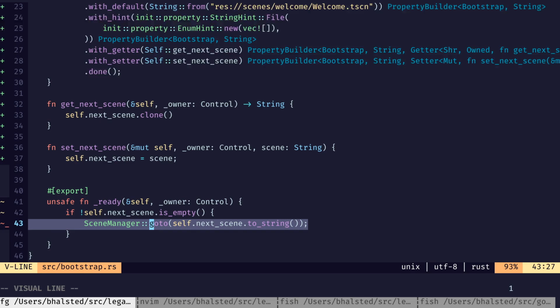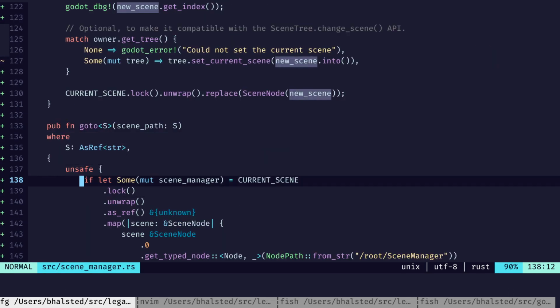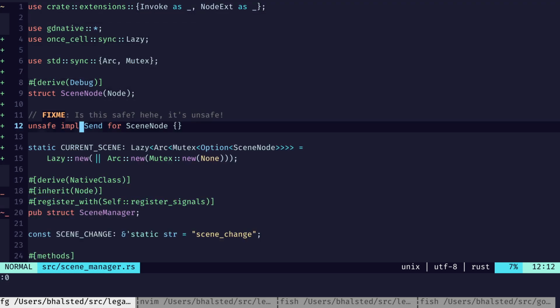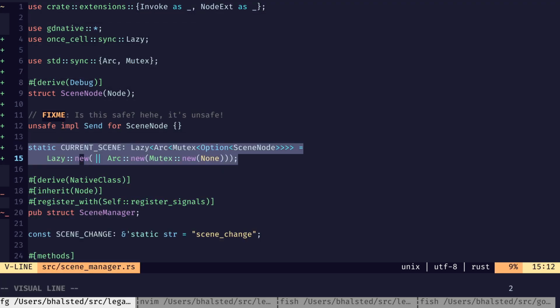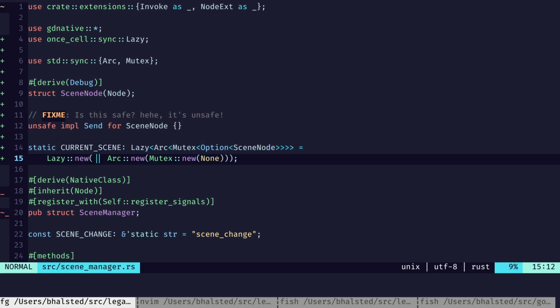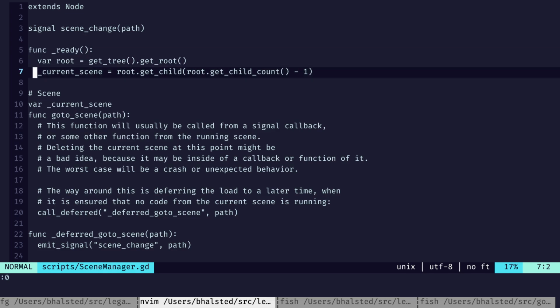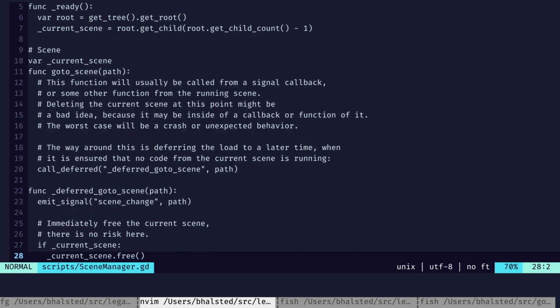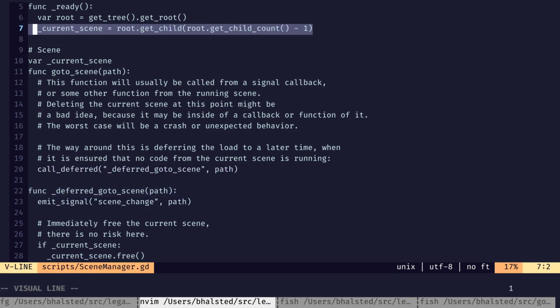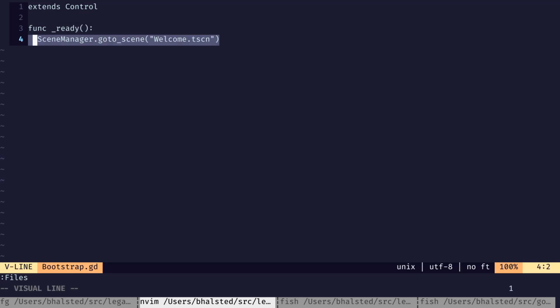So if we go back and look, when we go to the scene, we actually have to look at, well, first off, having some sort of shared data, or basically data that exists when it starts up and is somehow available to all singletons here. If we were to use a scene manager, here we have current scene in the GDScript code. Now, when somebody says go to this other scene, we call this deferred thing, and some magic happens. But if we were to go to Bootstrap, say scene manager, go to this other thing,